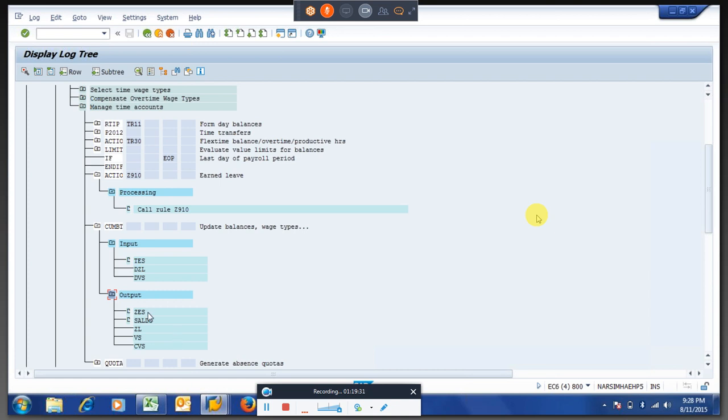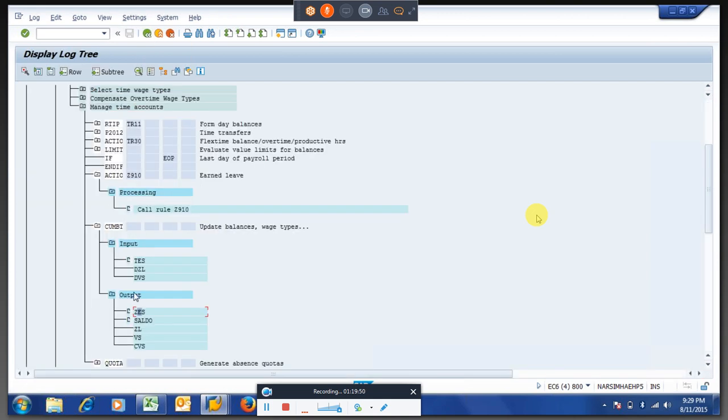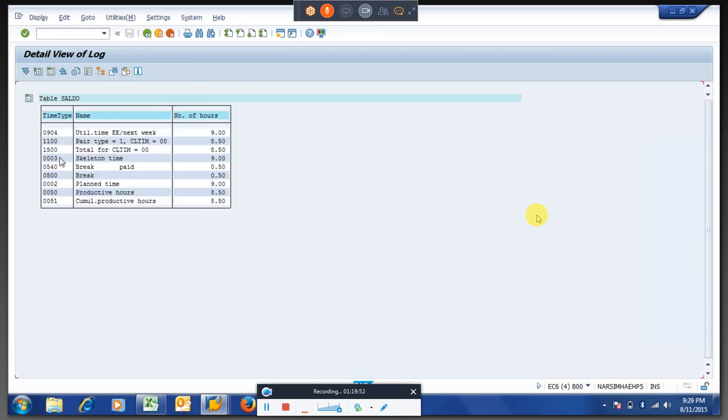ZES is given by SAP for the day balance table, and Salado is the table given for the month balance table. We are working on the ZES day balance table. It will store the day number with the time type. In the Salado table, there won't be any day number. It will be for the particular period. That is the whole difference between Salado and the day balance table.